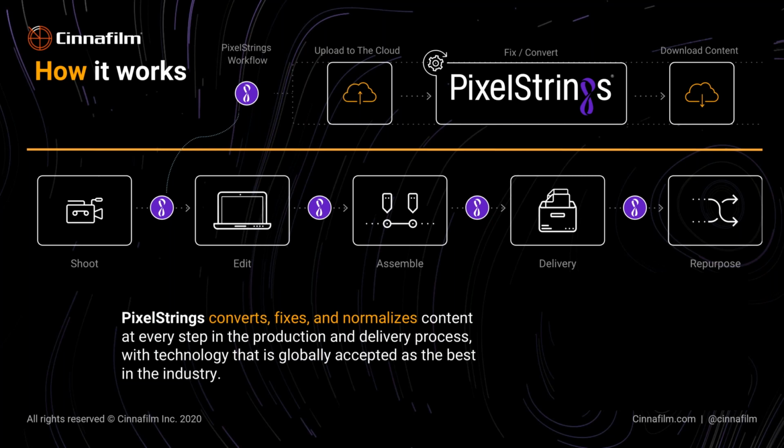Also during assembly, if you're assembling something and you have legacy content and the legacy content mismatches the format of your mezzanine, then you would use PixelStrings to fix that library content. But a lot of the usage is on the back end. Once you create your final deliverable, creating all the different renditions for all the different markets that are needed, PixelStrings is the thing that you would use to make sure that all of those outputs look and sound as pristine as they possibly can. And of course, for the library and legacy content,